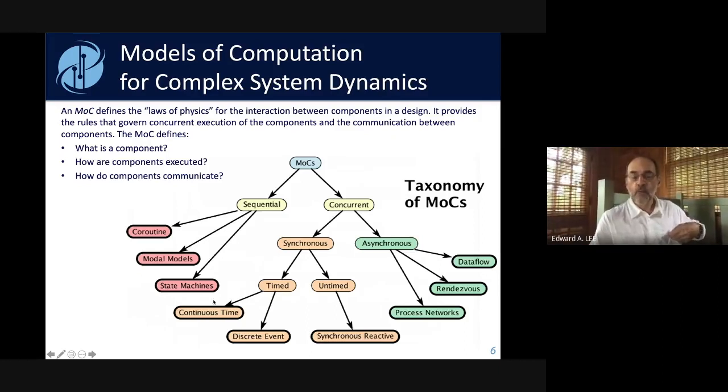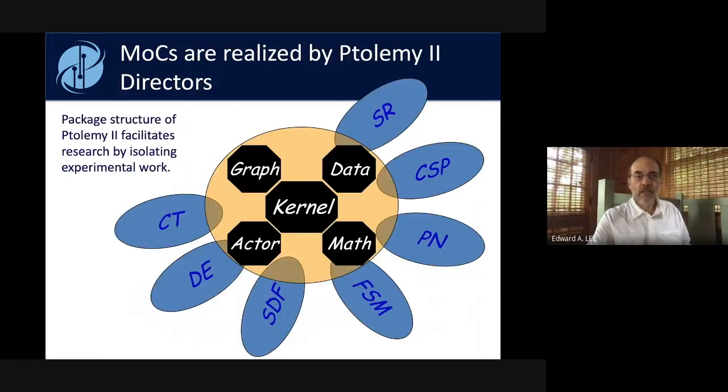And one of the most interesting things about Ptolemy II is that you can actually combine these models of computation into a single model. And I'll try to give you a little bit of a sense of how that works. The other thing is that the software architecture is designed for experimentation. So even though it's over 1 million lines of code, it's divided up into very well delineated packages,